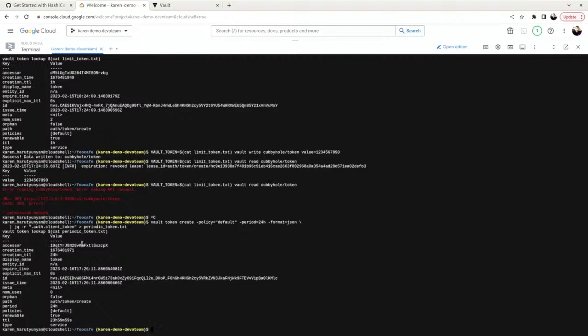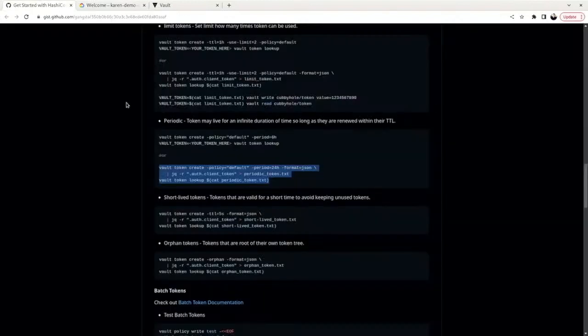If you try to examine the information, you can see here, number of uses 2 and number of uses is 0, which means as far as it's refreshed, you can use them. There is some default TTL, like 24 hours, because we specified. Within 24 hours, if you don't refresh it, then it will be expired. But if you continue refreshing, it's indefinite time of usage.